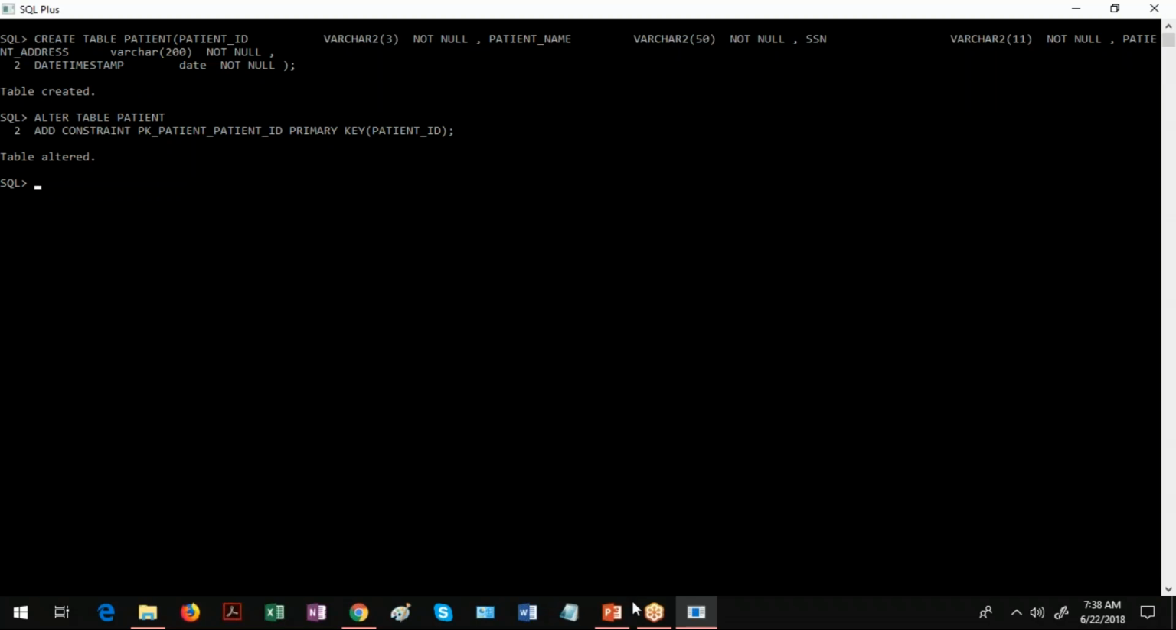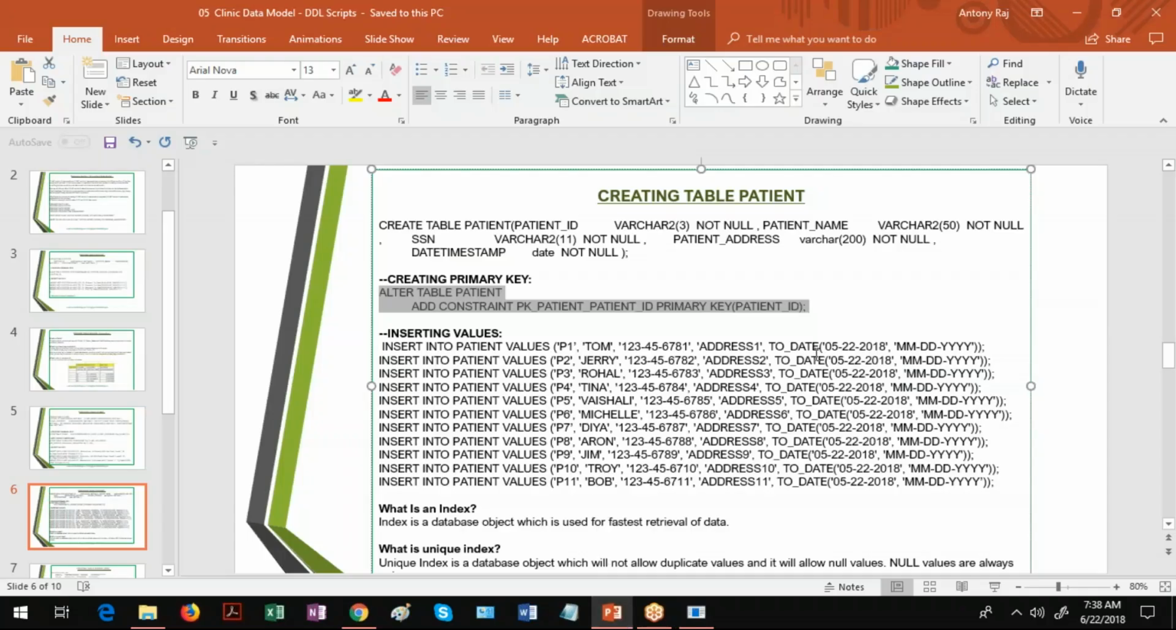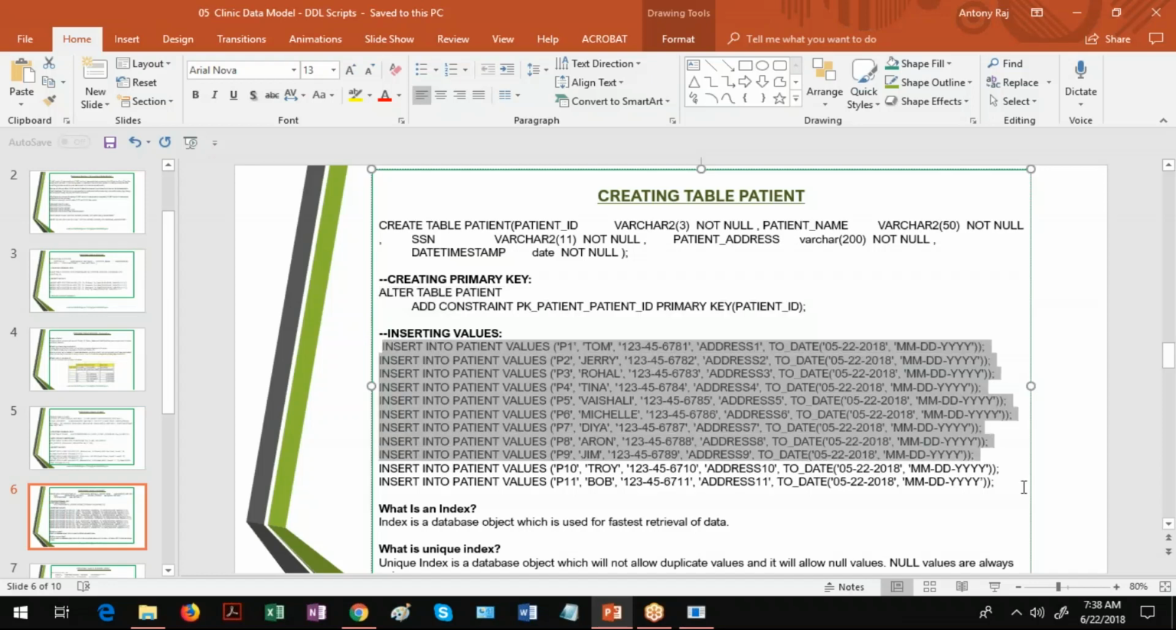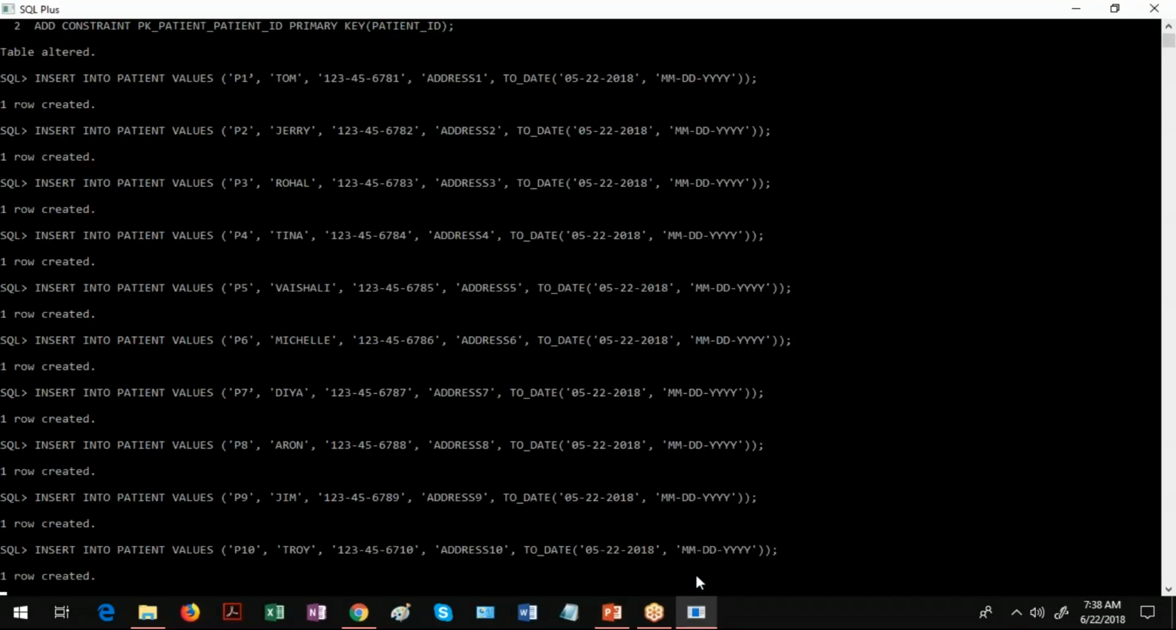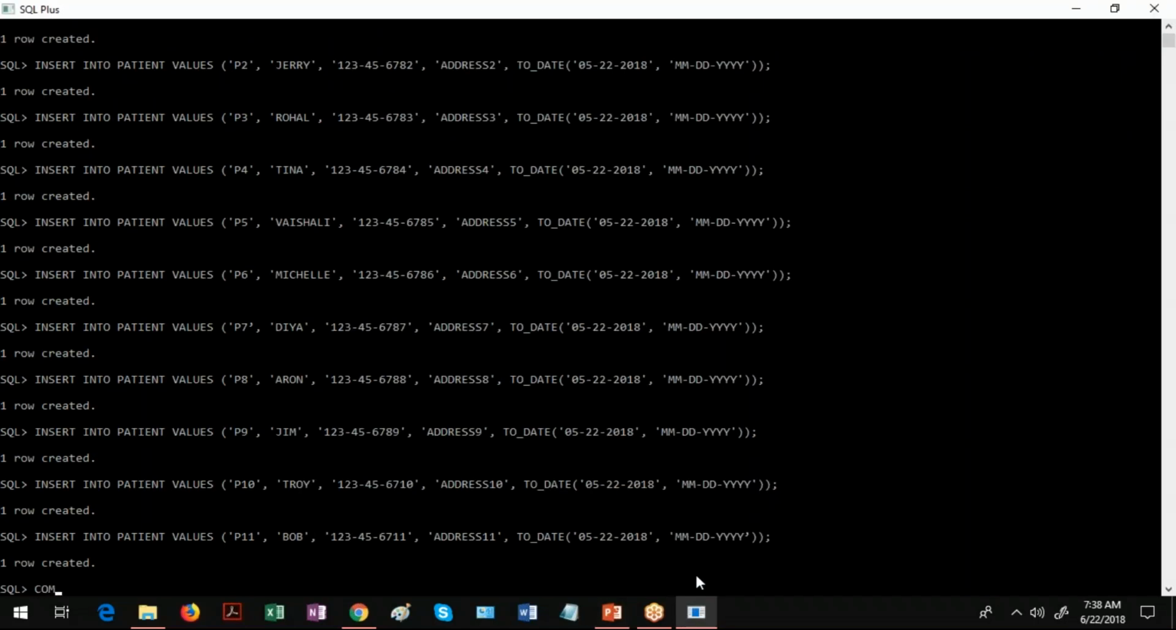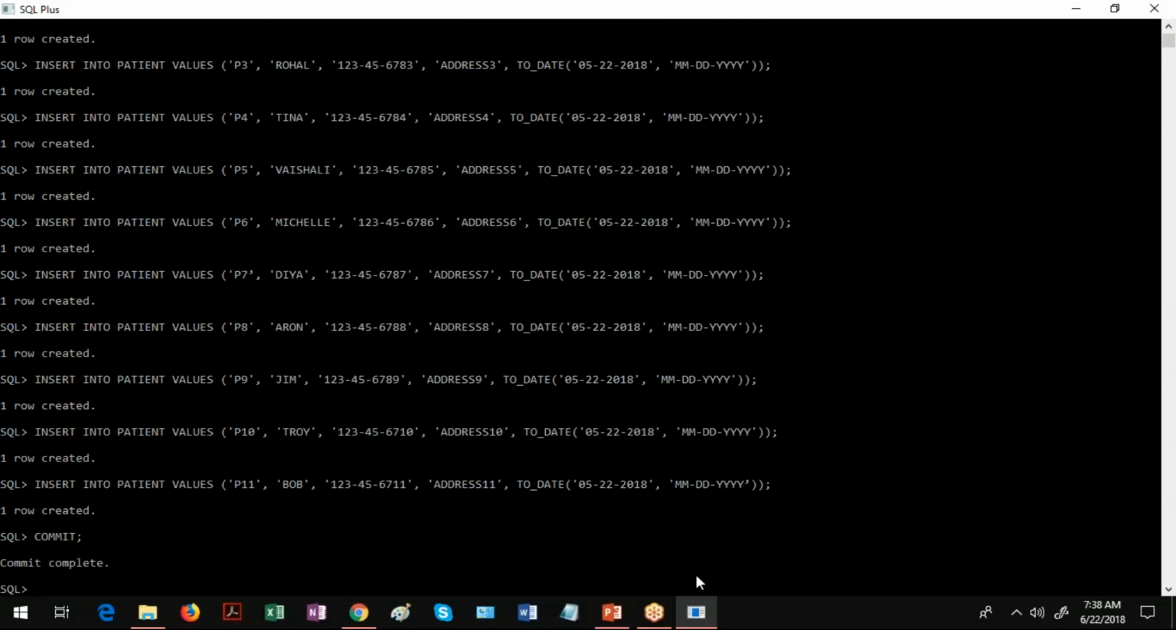Patient ID, and then what I do, I copy this insert values here, insert statements. So all records are created. Now the next step is I'm going to create the next table,